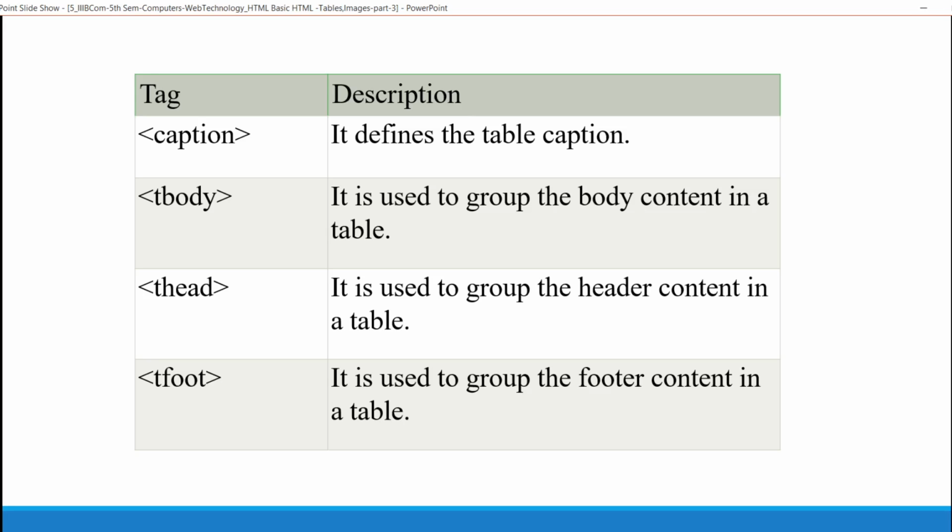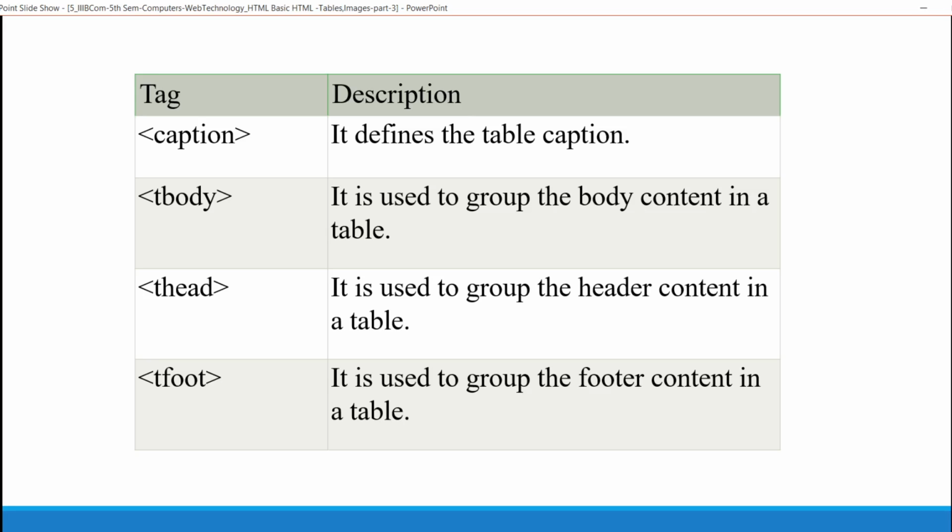Body: the actual content in the table is placed with the help of tbody tag. What is a head and what is a foot? So thead, tfoot. Head displays the header contents on the table, whereas footer displays the footer content of the table.